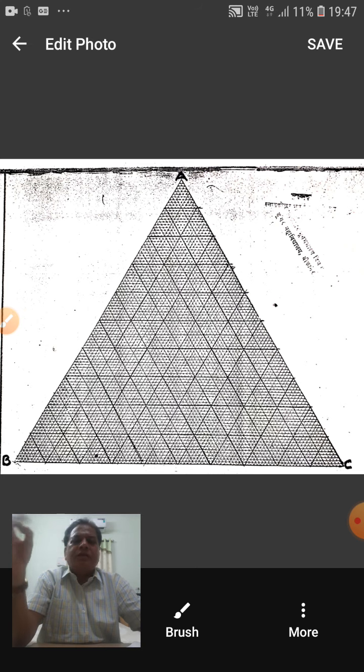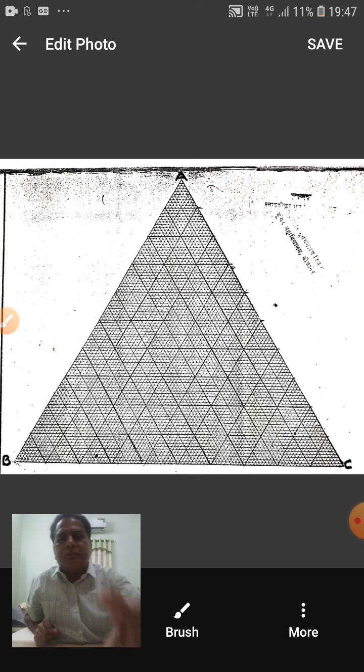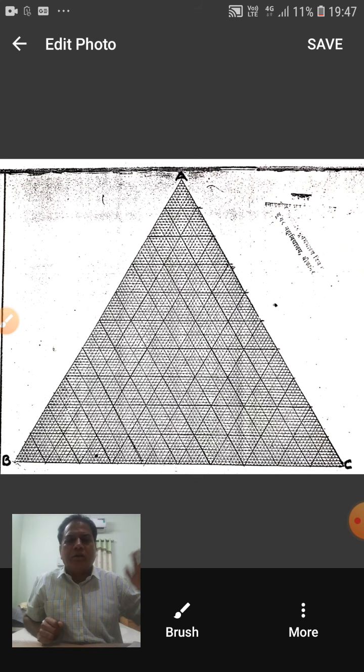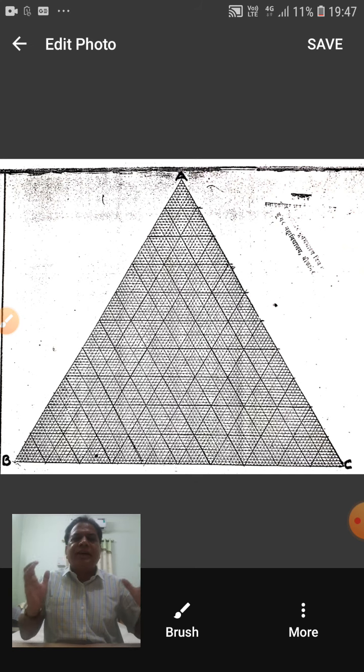Say, for example, in what we will study, in the crystallization of ternary magma, on corner A we can take diopside, on corner B we can take albite, and on corner C anorthite. The various possible compositions of these three, diopside, albite and anorthite, can be marked on this graph paper. So first in this video I want you to understand how to plot on this triangular graph. It should be very clear.